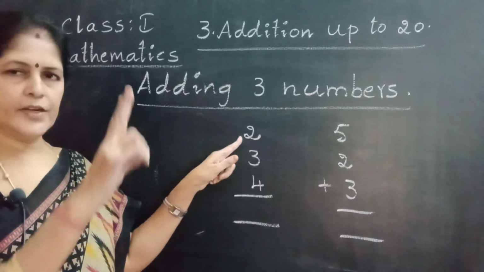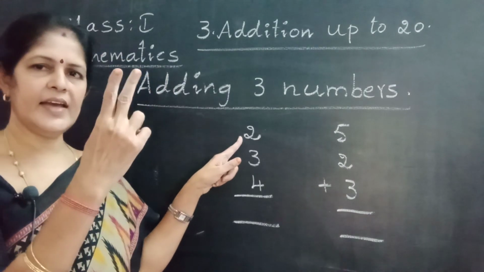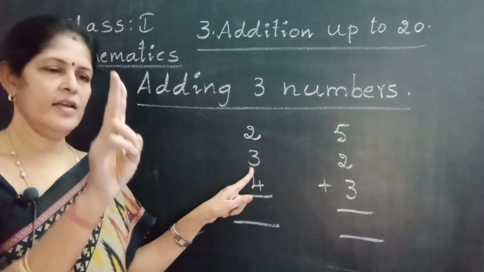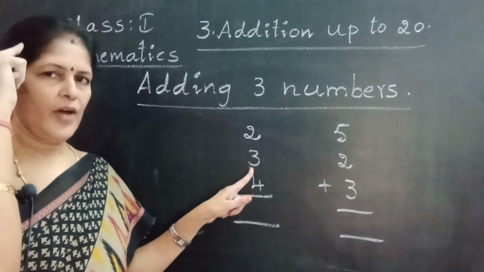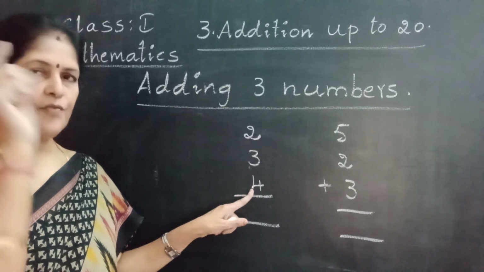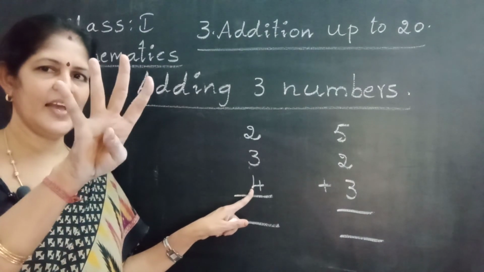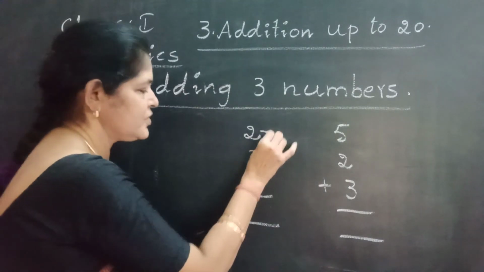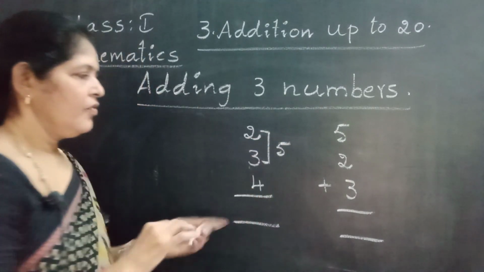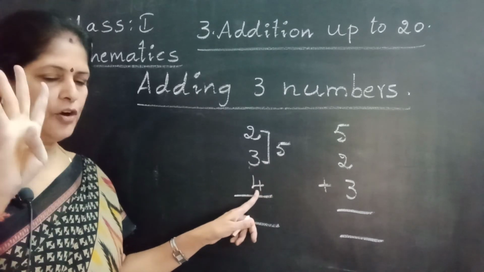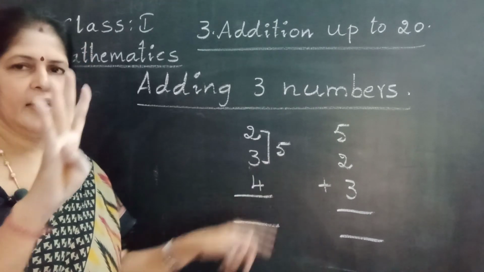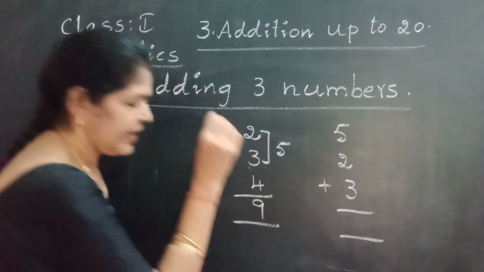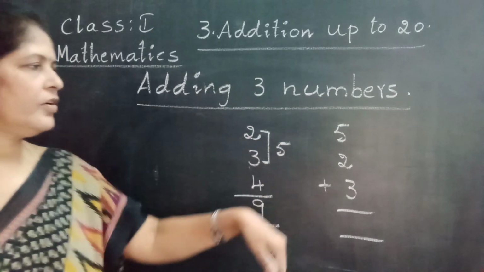See how? Take 2 fingers. 3 after. Look at the number. 4, 5. 5 in the mind. Take 4 fingers. Third number. What is in the mind? 5. When we add these 2 numbers, we get 5. 5 in the mind. Take 4 fingers. 5 after. 6, 7, 8, 9. 9 is total. Okay? Now going to here.